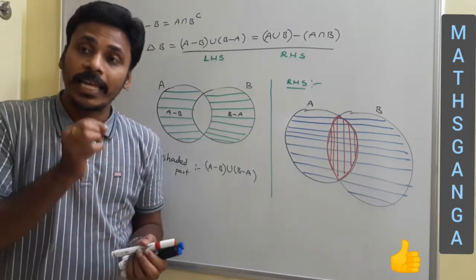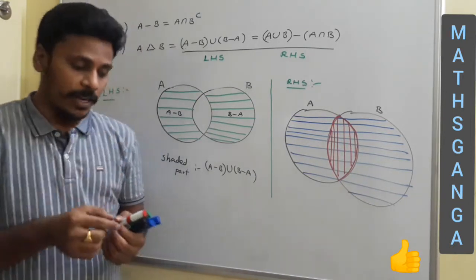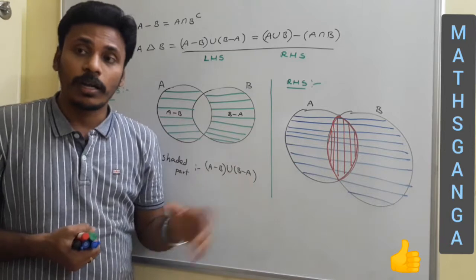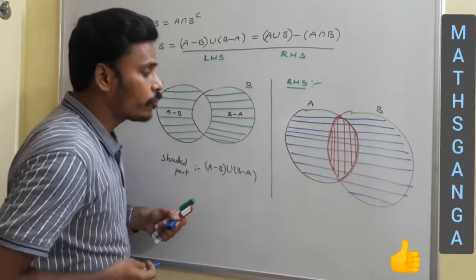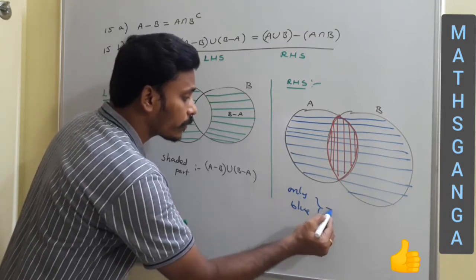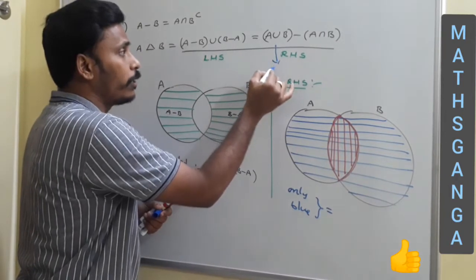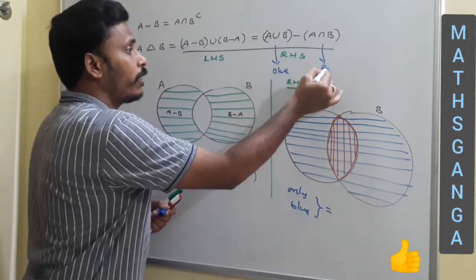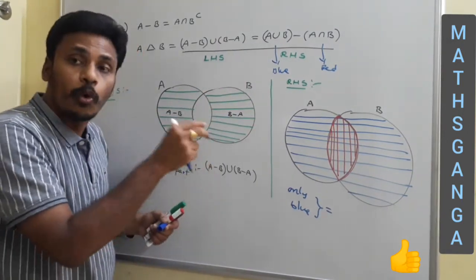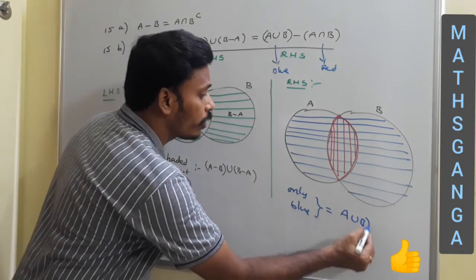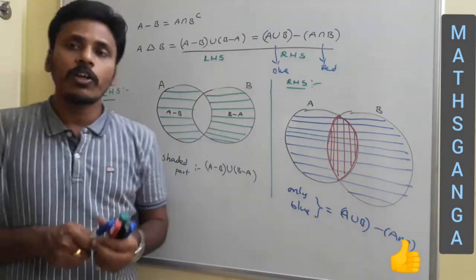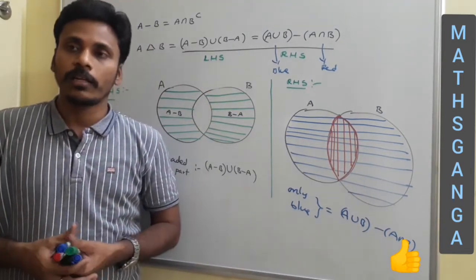Now I need A union B minus A intersection B. That means in A union B, not in A intersection B. That means only the blue color but not the red color. Why are we selecting only the blue color? Because I shaded A union B with blue and A intersection B with red. I need to eliminate that red region from the blue. So I choose only the blue color, which represents A union B minus A intersection B. Or otherwise, without using color, you may say only the horizontal lines.